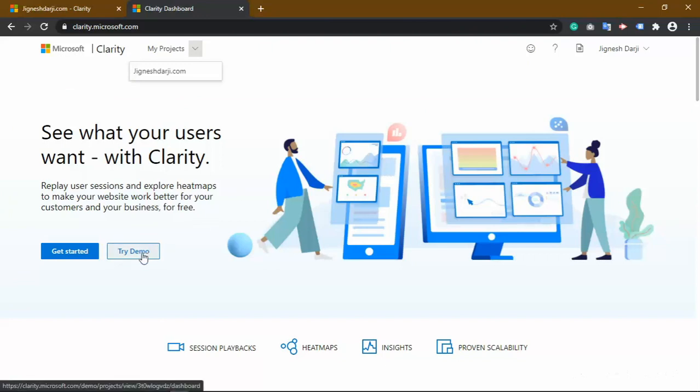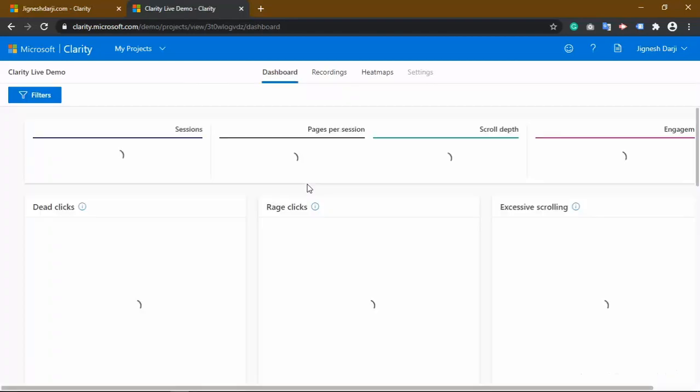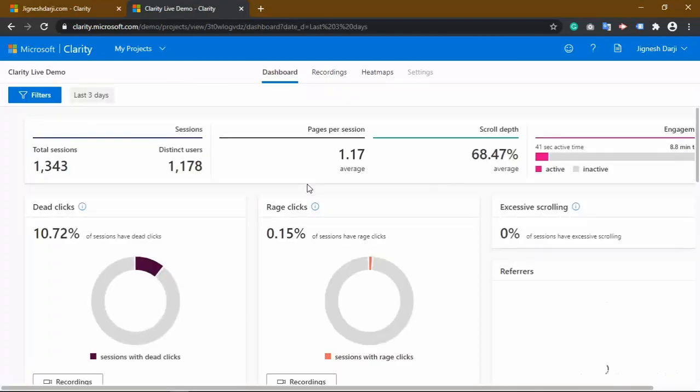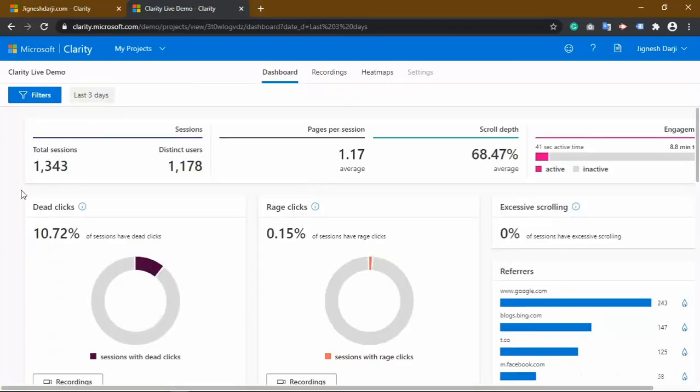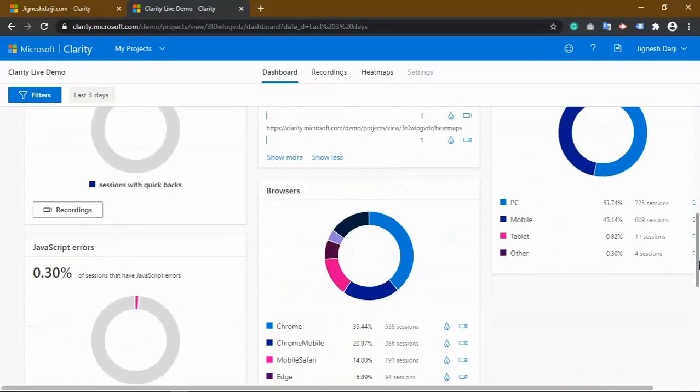Microsoft already provides a demo here, so let's click on try demo. Inside it you can check the sessions, pages per session, and details like references. You can check the popular pages, and so on.